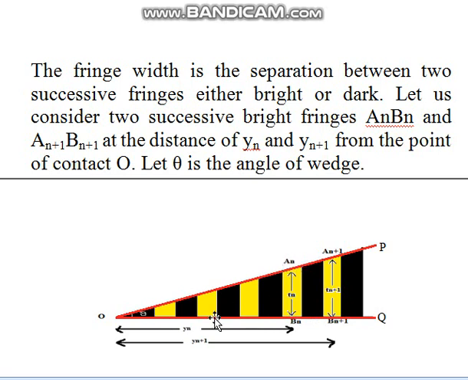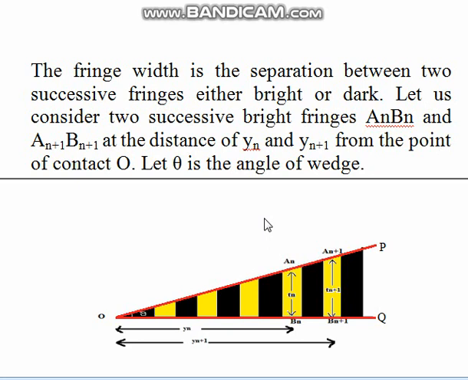Here OPQ is the inclined film at the angle of theta. This is the angle of inclination theta. O is the point of contact, OP is the upper surface, OQ is the lower surface, and the observer is somewhere at this point in the reflection case, and he observes